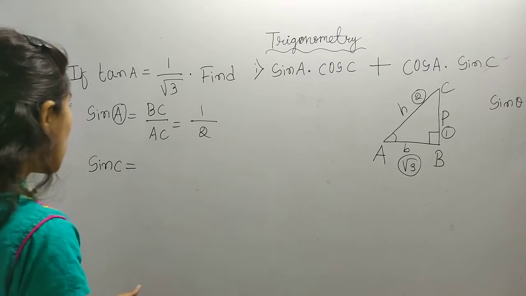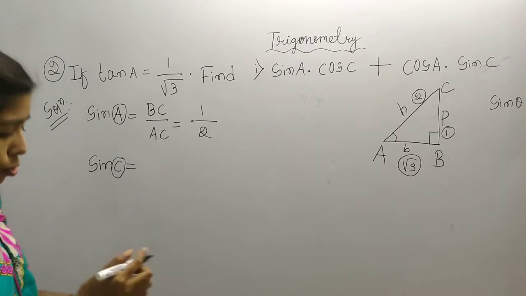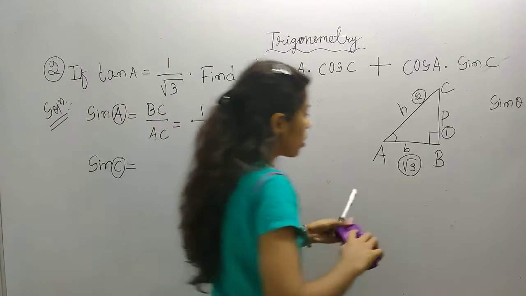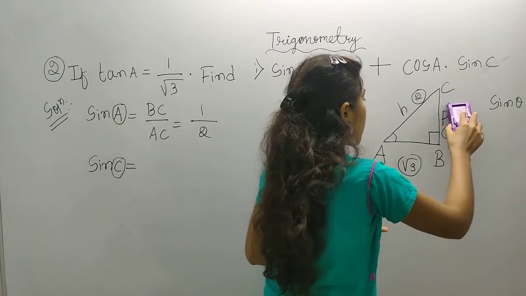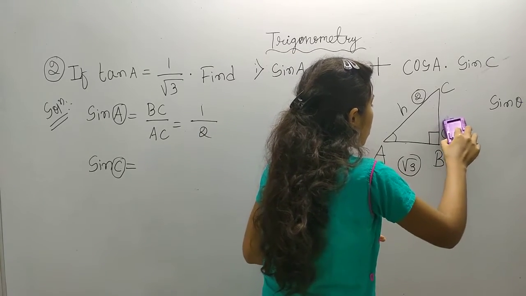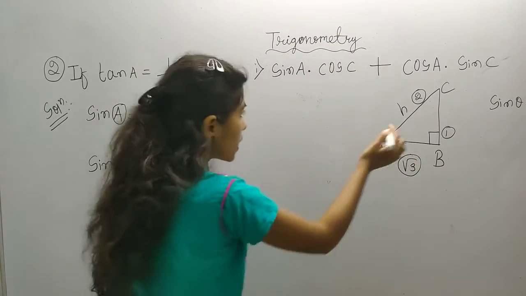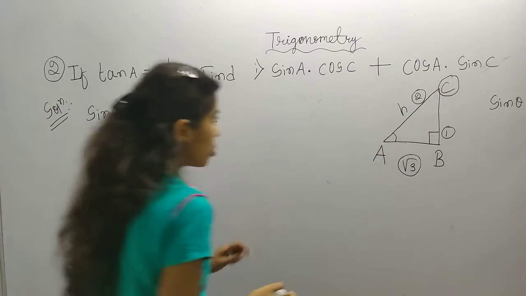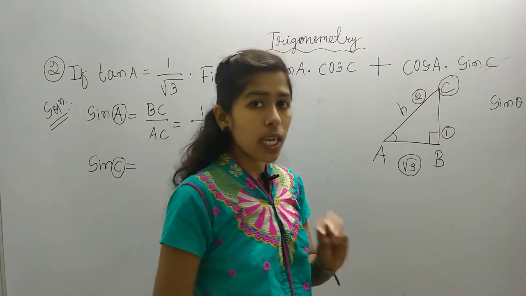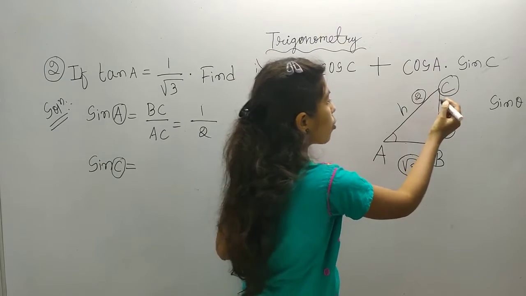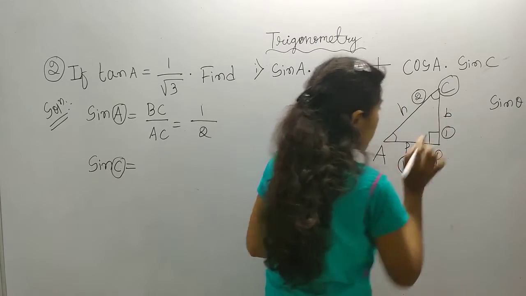Same, but you see here angle A is there, but here our main focus is angle C. So now we have to change something. Hypotenuse is the slope, no need to change that. It will remain constant. I have already said that. So what happens here? What is our main focus? Angle C. So which angle is given in the question? The opposite side to that angle is the perpendicular. So the opposite side to angle C is AB. So this will be the perpendicular and this is the base now.